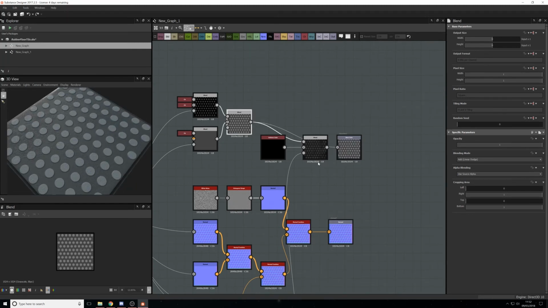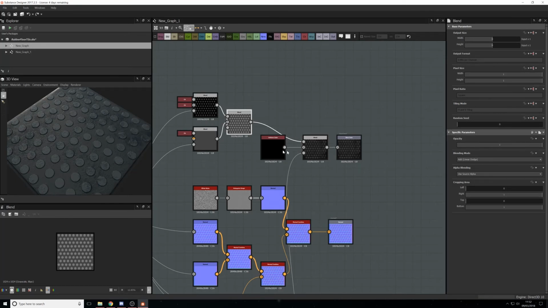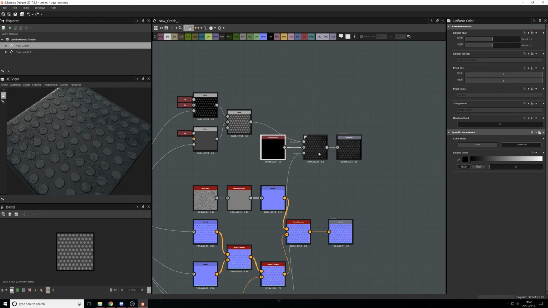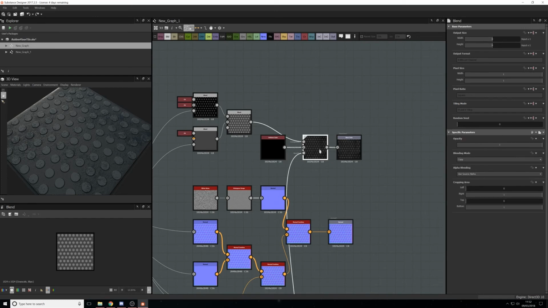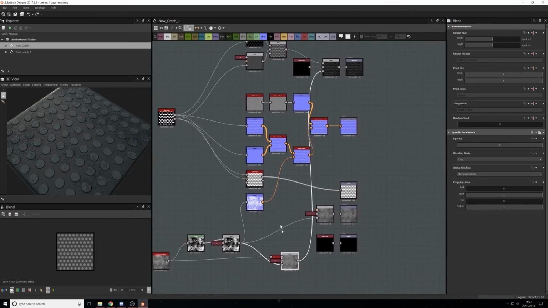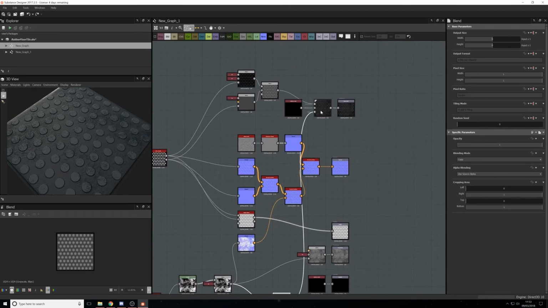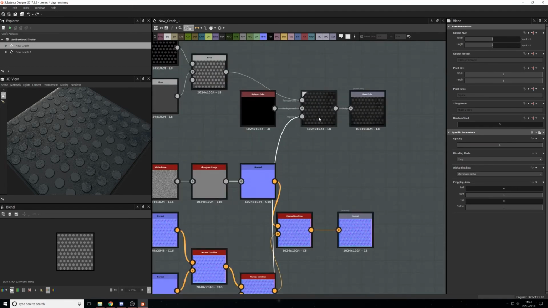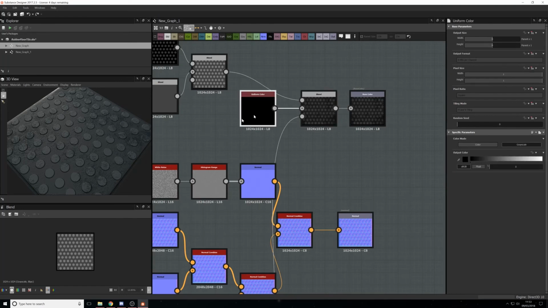So we want to define the areas that are more shiny. We want to make them a little bit darker. So what I did is I took it into another blend into the foreground. I've taken the roughness down here. So if I check that, and taking the roughness, used it as the opacity mask, and then just giving it a color. This will make the areas from the